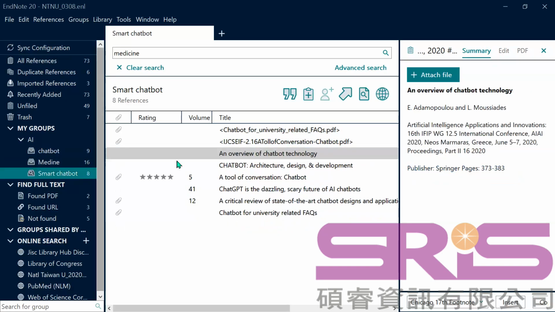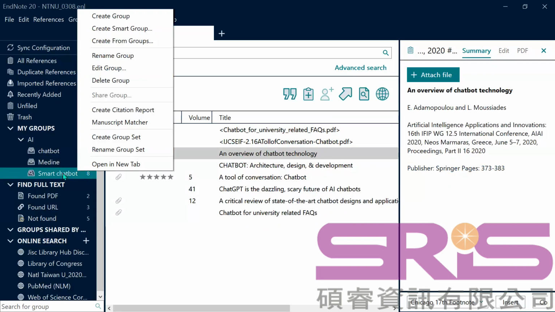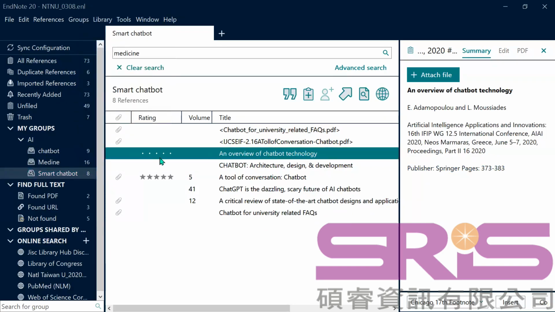But if you want to delete the references from here, it will really be deleted, because if you want to change the number of references in this group, you have to use edit instead of delete. And I will show you this. If you just delete,